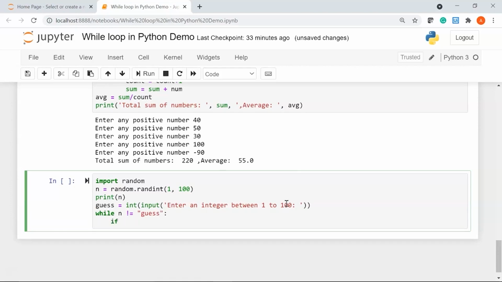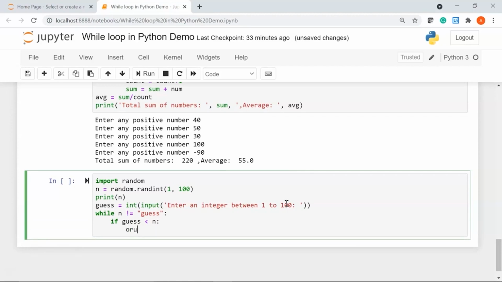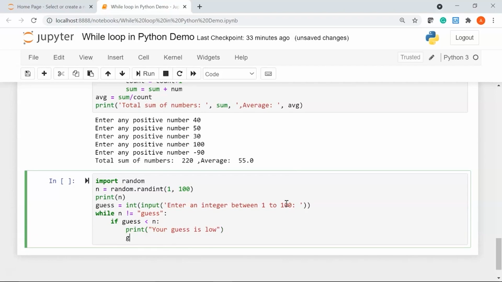I'll say if my guessed number is less than n, I'll print the message: your guess is, let's say, low. Then again I'll say guess equal to the user input. I'll just copy this message and print it here.